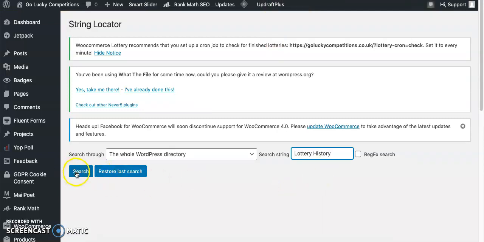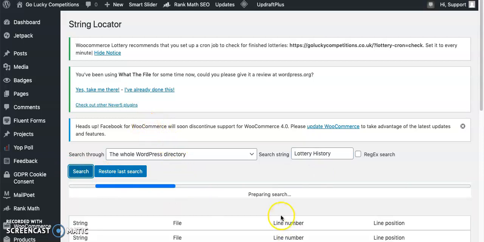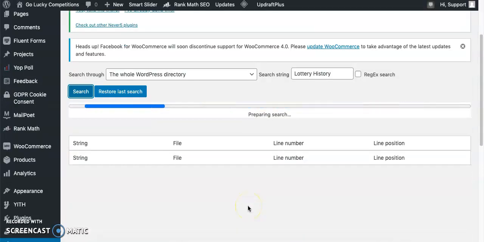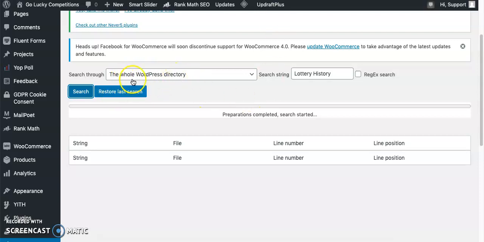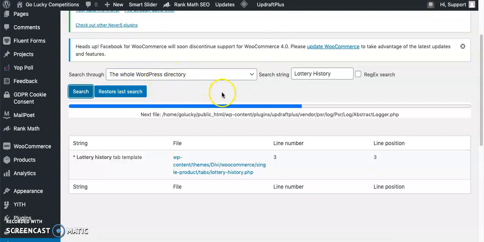Now I'll search for this phrase inside the files of my WP themes or plugins, wherever it is located. If you're particular about any plugin or theme, you can select it from this drop down, and restrict your search to those plugin folders or theme folders. But since I don't know whether it is coming from a theme or a plugin, I want to search throughout my WP repository. So I have selected the whole WP repository.